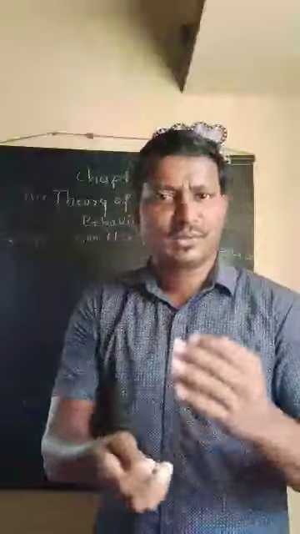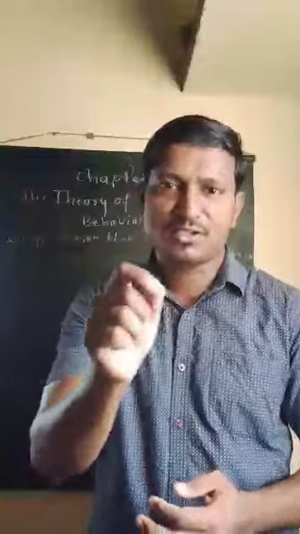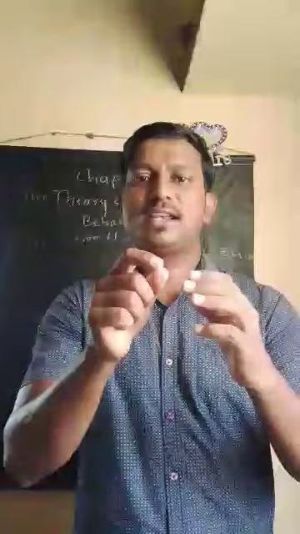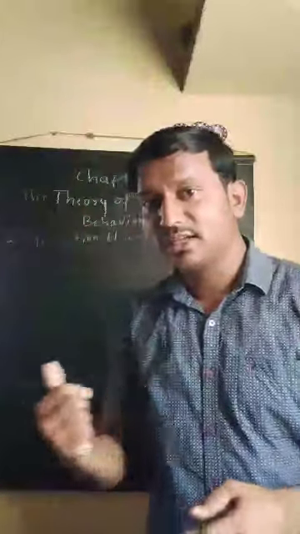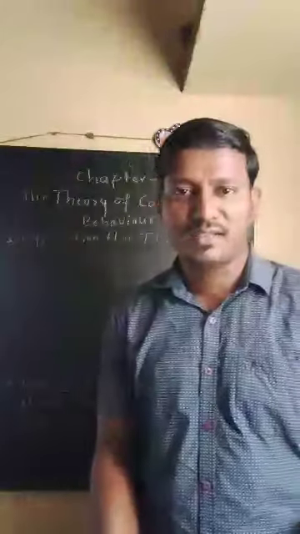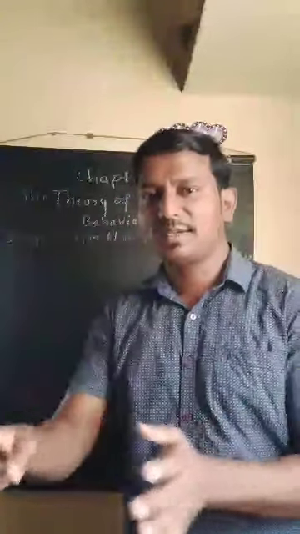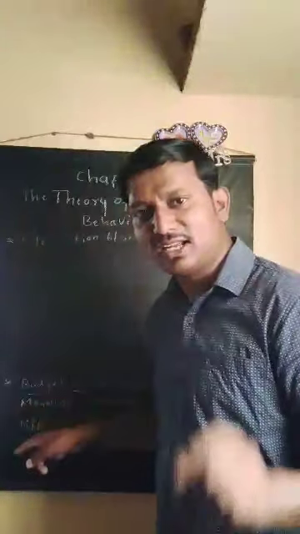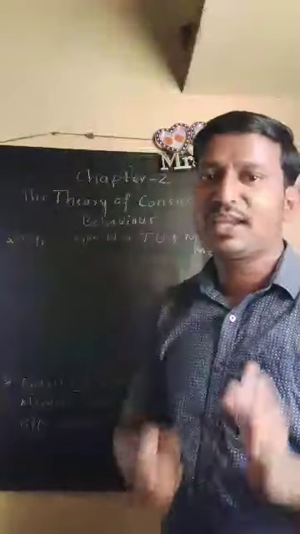As I already told you, whatever we are discussing here are some important questions, that is, multiple choice questions that may be asked in CA, CS, ICMA, competitive exams, and any of the exams, especially banking. How may they ask? As I already told you, the budget line is also called the price line. You should keep that in mind. They may ask, budget line is called dash, option A, option B, option C, and you have to select price line, where budget set is called opportunity set and budget line is called price line. Okay, is that clear?